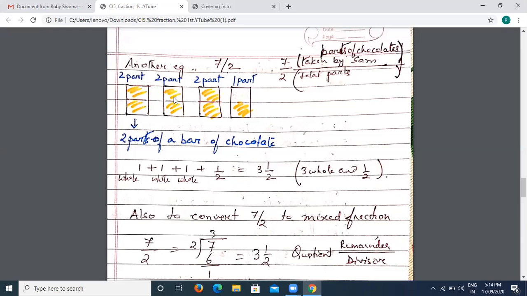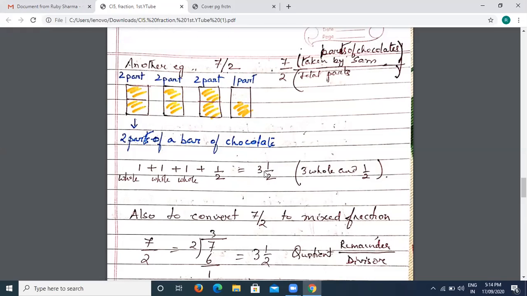So now it is only 4. He will need another chocolate divided into 2 parts. That is 6. He will need another chocolate from where he will take 1 part because he needs only 7. If he needed 8, then he would have taken all the 4 chocolates. Since he needs only 7 by 2, what he takes is 3 whole and half from here. So 3 whole and half and 7 by 2 is the same.